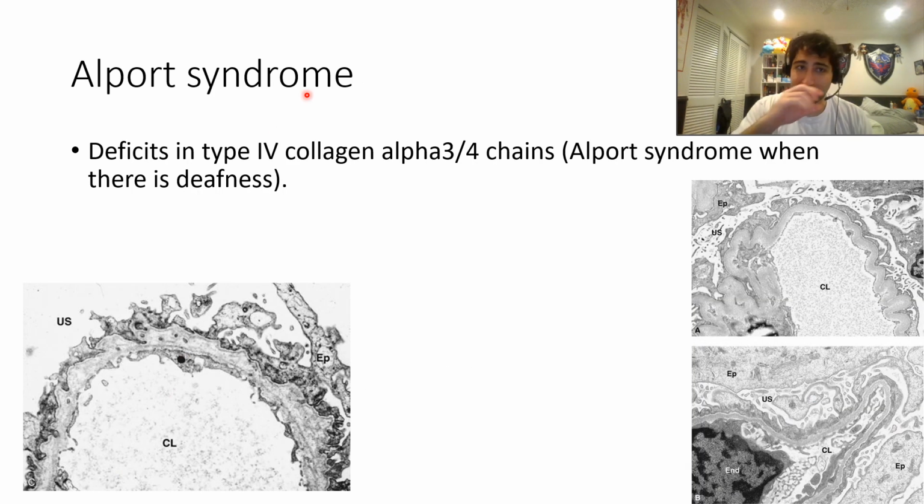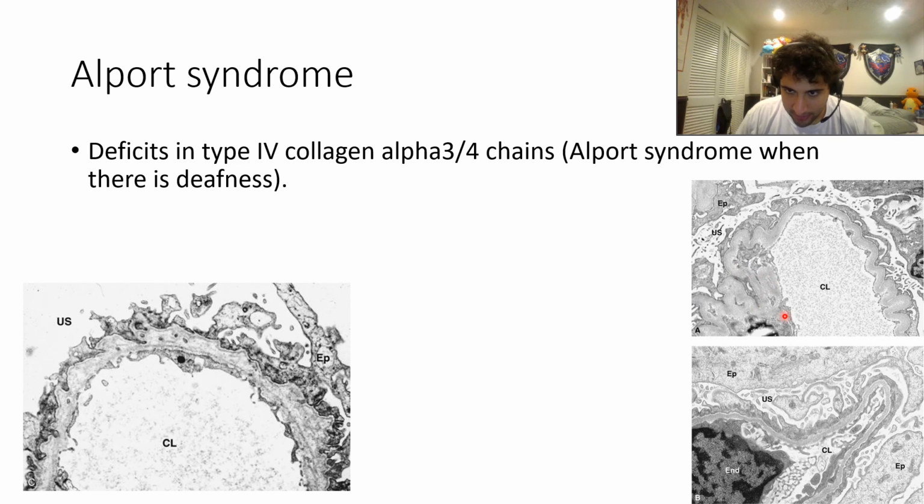The last thing I want to draw your attention to is Alport syndrome. When you see a nephritic picture with deafness, consider Alport syndrome. It's just a deficit in type 4 collagen. Normally the glomerular basement membrane is super intact and kind of clean, for lack of a better word. Notice here it's all kind of messed up. All this dark stuff is the glomerular basement membrane. It's not a smooth, continuous layer. It's all messed up. And what you see over here is a thickened